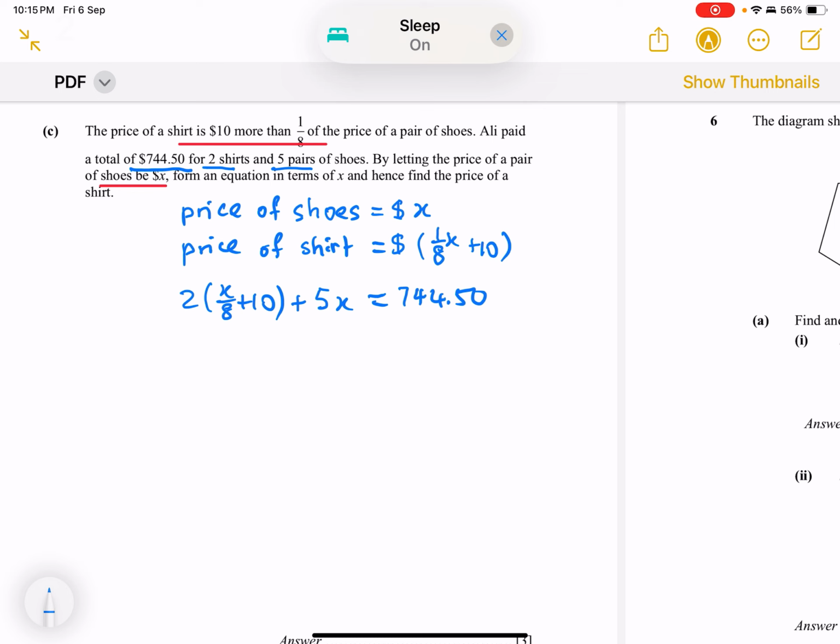Okay, so we have to solve this. X over 4 plus 20. Okay, so multiply throughout by 4 will give us